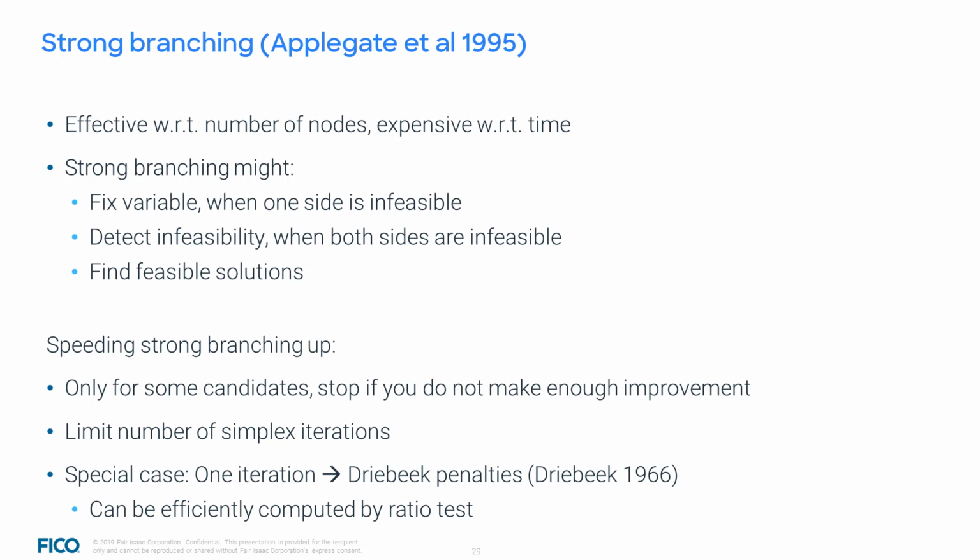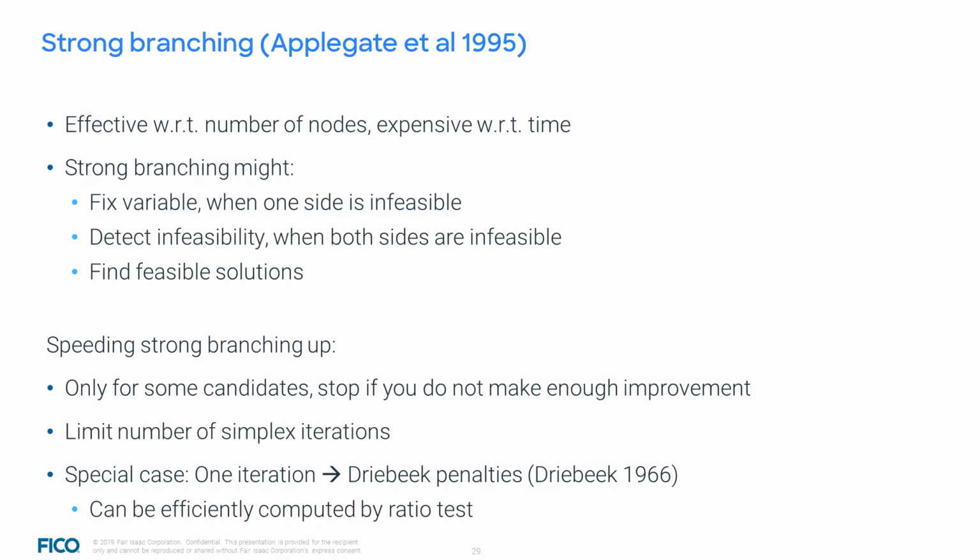Another way is to limit the number of simplex iterations, by not solving the strong branching LP to optimality but just perform some iterations, for example 50. A special case is to do only one single iteration, which is, of course, a very cheap thing to do. This is called dry-beak penalties. These penalties can be efficiently computed from the ratio test of the simplex algorithm, and do not require a separate